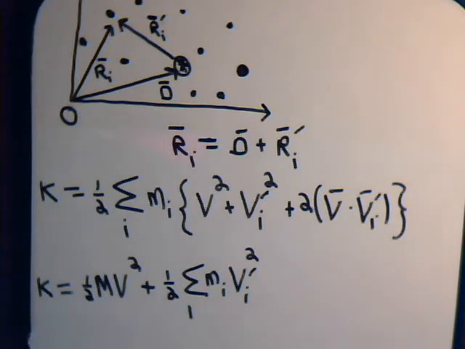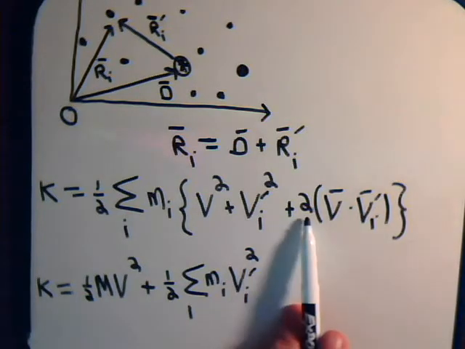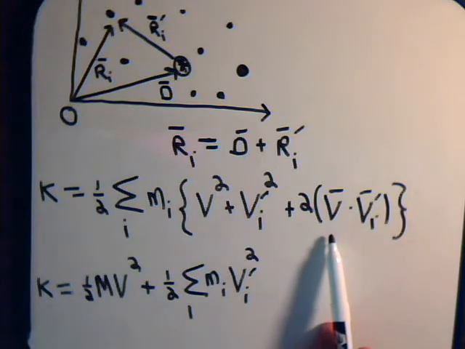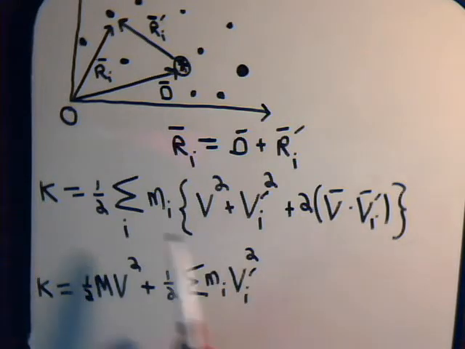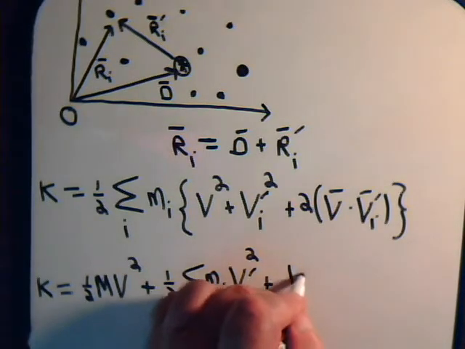Now, we still have another term to consider though, this term. Here we have 2 times 1/2, that goes away. And here we have v, that is the velocity of the center of mass. That's not summed over i, so you can take that to the outside. So what we will have then is this expression plus, taking this to the outside,